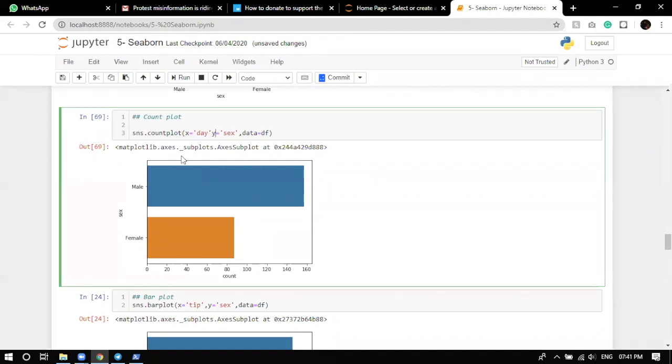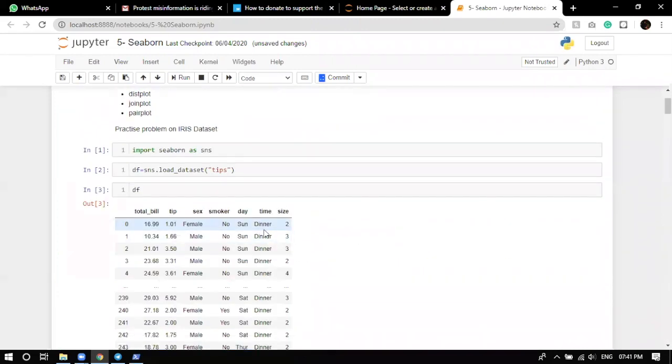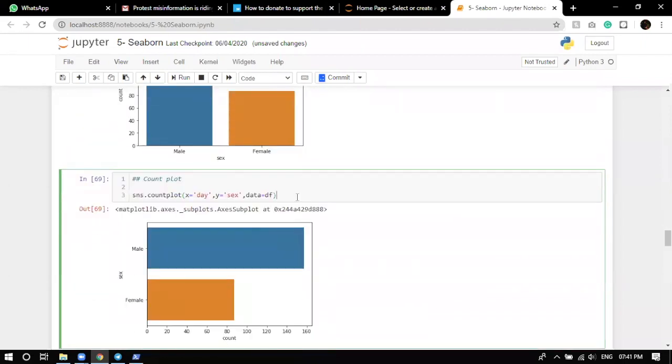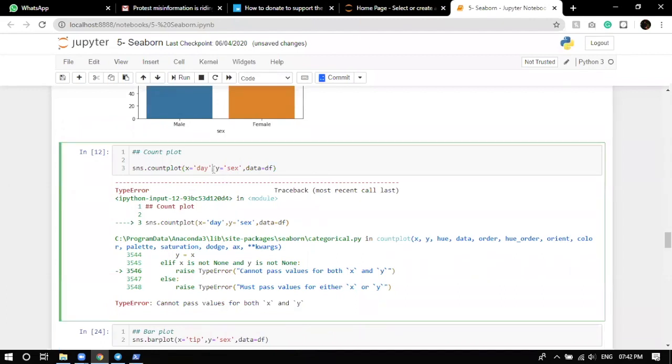Let's see. So day is there. We are providing two axes, and it cannot pass the values for both x and y. It means you can only provide either x or y. The second is always going to be a count. So remove one.